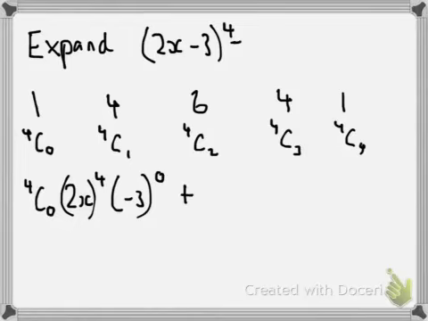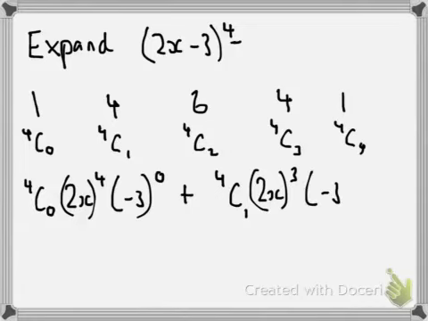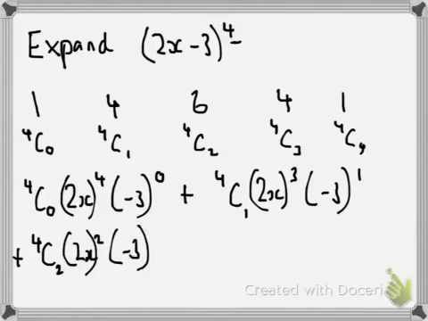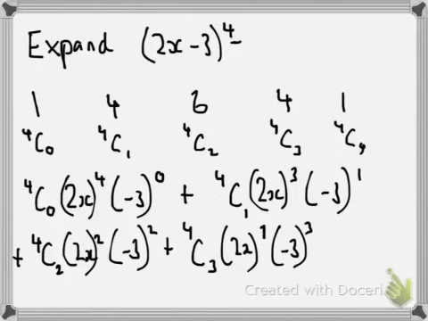Plus 4C1, 2x to the power of 3, negative 3 to the power of 1. You'll see a pattern develop here. Plus 4C2, 2x to the power of 2, minus 3 to the power of 2. Plus 4C3, 2x to the power of, I've got to be careful here, 2x to the power of 1, negative 3 to the power of 3, plus 4C4,